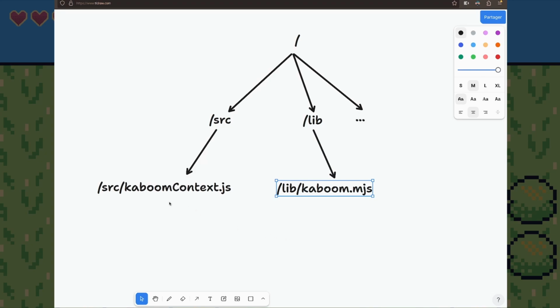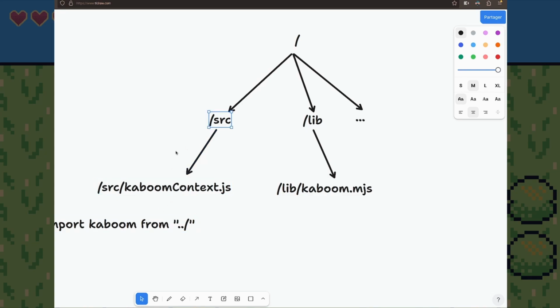So now in my kaboomContext.js where I'm writing the import statement, I'm writing import Kaboom from, I need to specify the path where this file needs to look for this. And by doing .. you're basically telling your file system, well, actually, I don't know who you're telling, the JavaScript interpreter I guess, to go